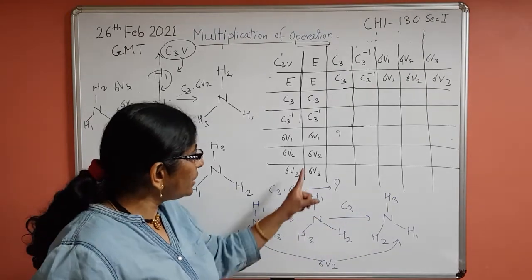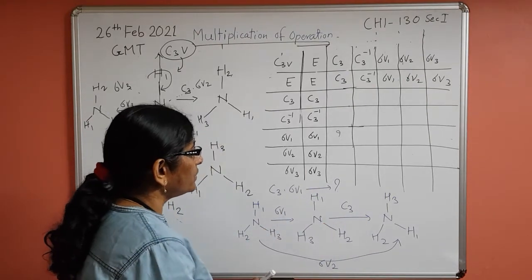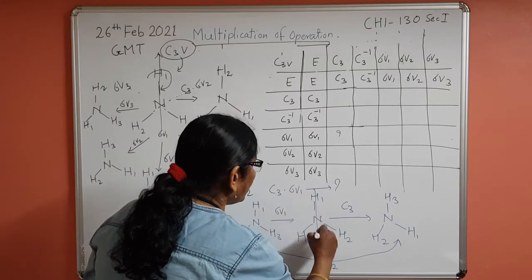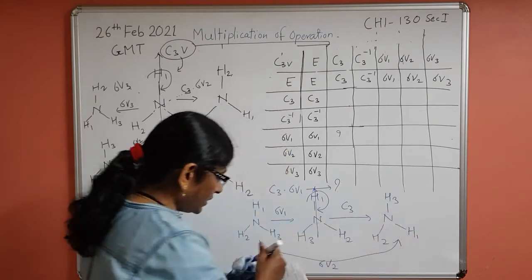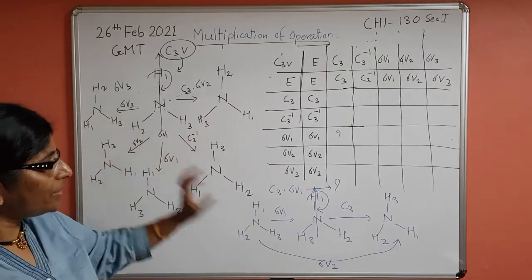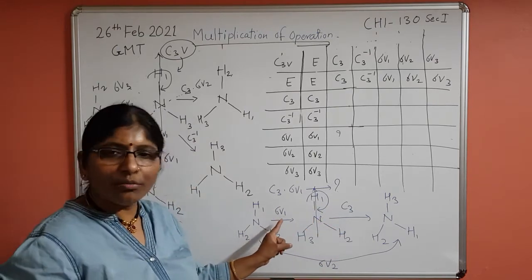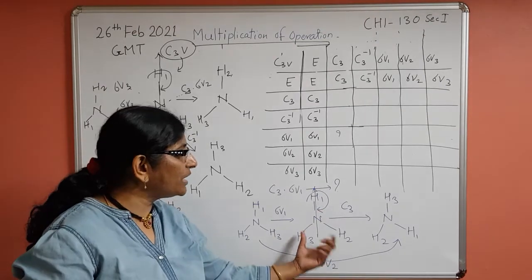Okay. So again our principal axis is this one. This will rotate this way. All of you know. So this is again the principal axis, and rotation will be like this, C3, and we'll get this. Now what do we have to do? Why I have done all this exercise is for this sake. Now if you perform sigma V1, all of you know this is very simple, H1 will remain as it is, these two will get exchanged.